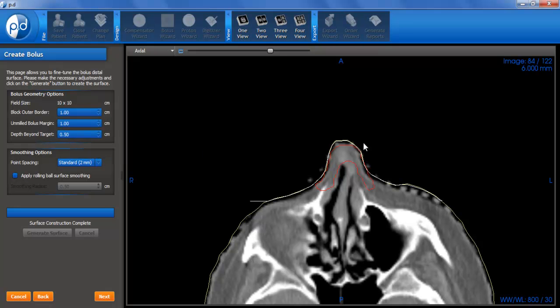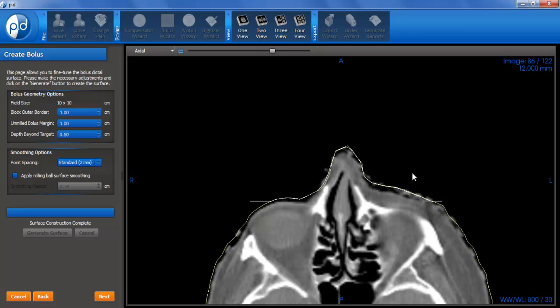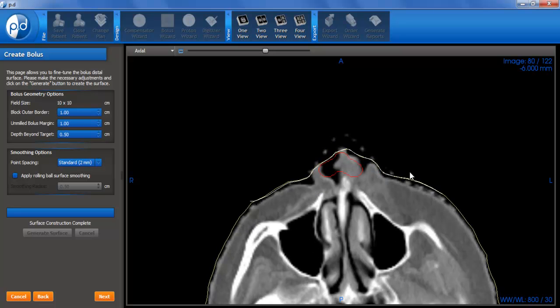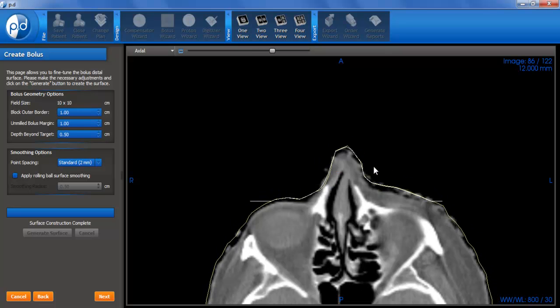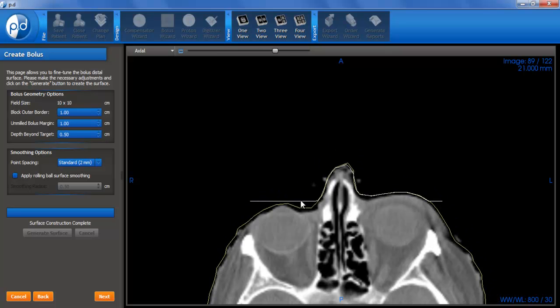Well, for this particular plan, that doesn't seem to be too bad most of the way through this. But as I get close to the eye of the patient, we're going to notice that the depth beyond target isn't quite enough to fill in this gap. Okay? And if this eye is inside the treatment field, which maybe I can see from the 3D view,